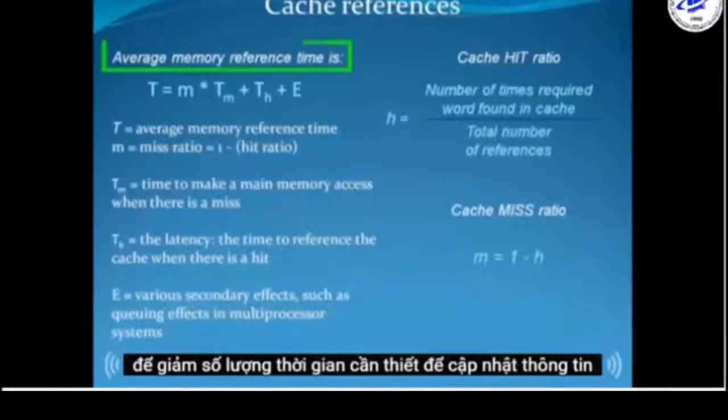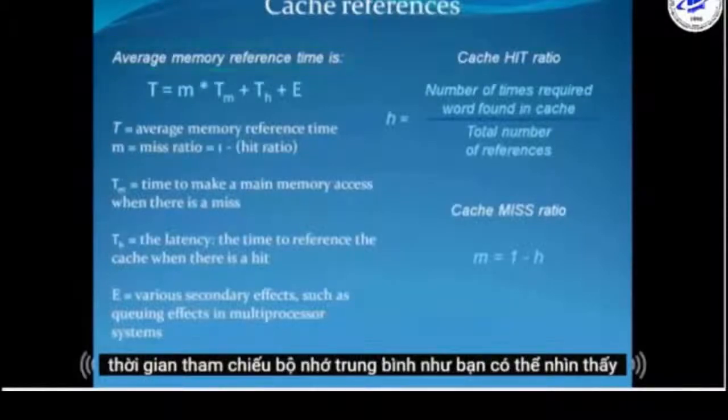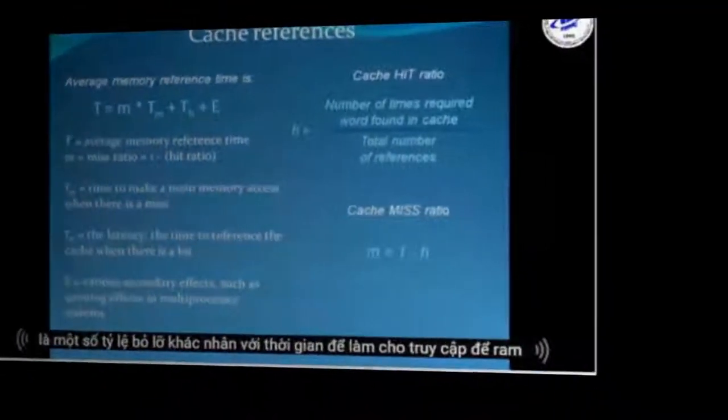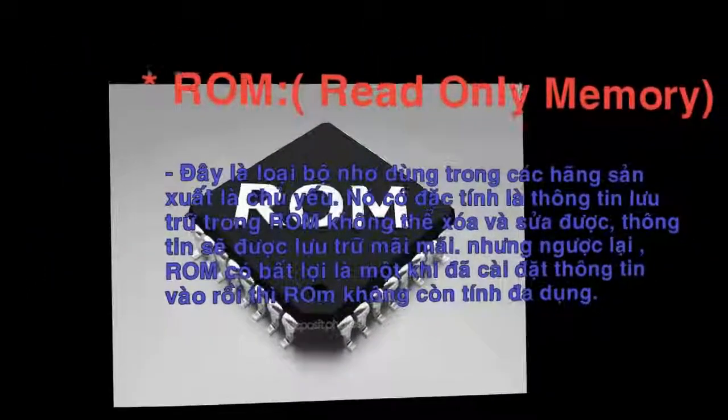The average memory reference time, as you can see, is a sum of the miss ratio multiplied with the time to make access to RAM, plus the time to reference the cache, if there is a